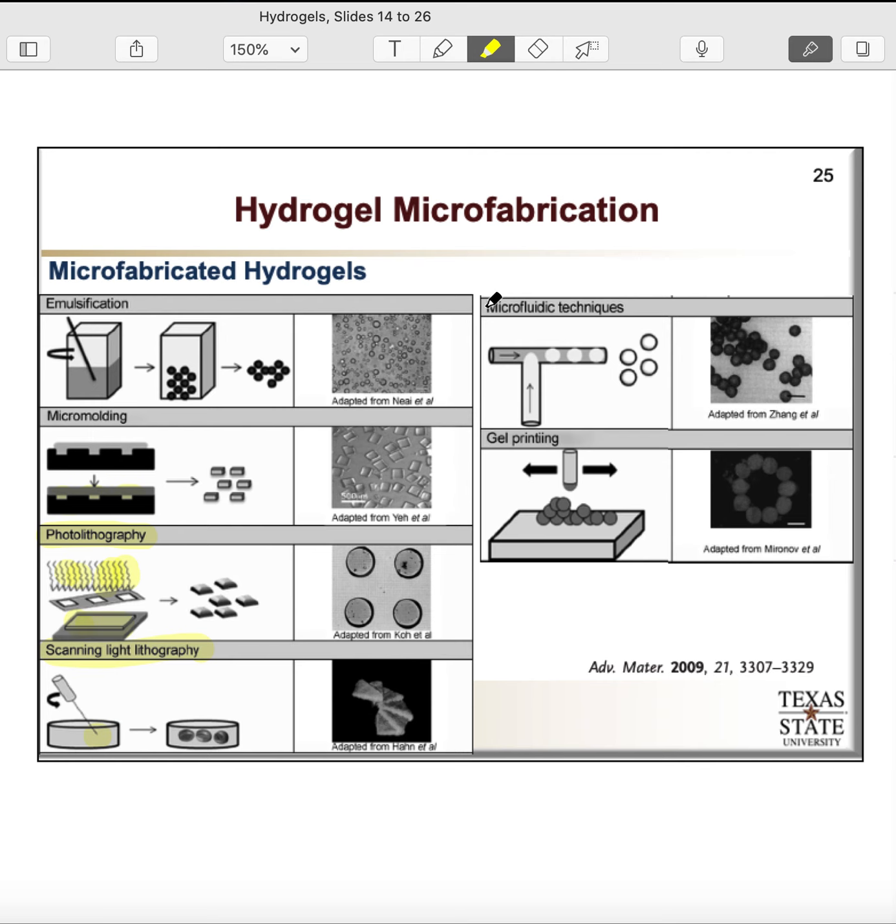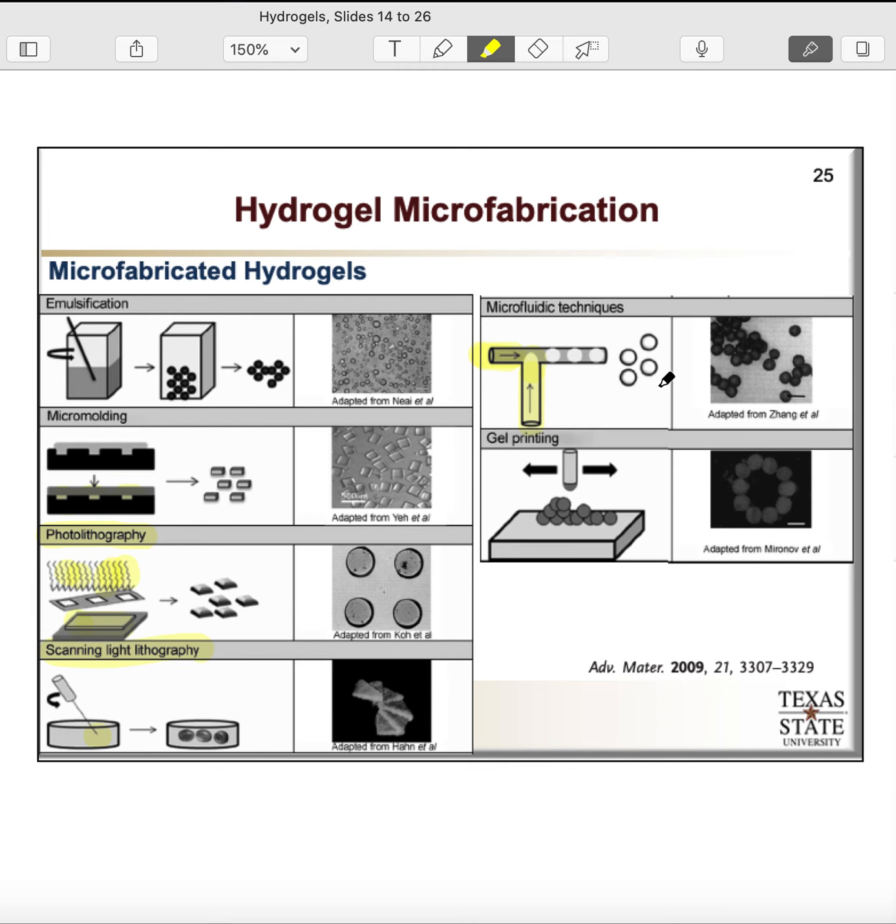Another method is to utilize microfluidic techniques. For example, here we have one stream that is just a solvent, and on this stream, we bring the prepolymer solution. By utilizing microfluidics, we basically have no mixing between the two streams, and we are able to separate individual droplets of our prepolymer solution, which can then set either on their own or through UV radiation to polymerize the hydrogels